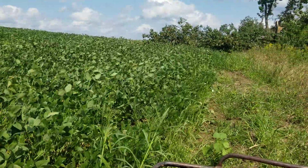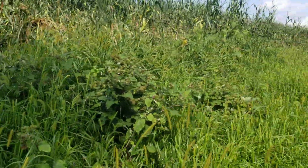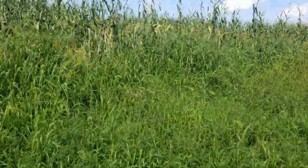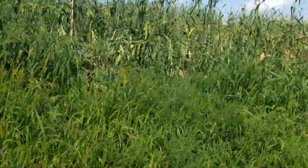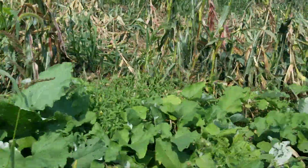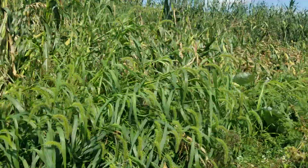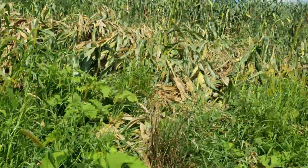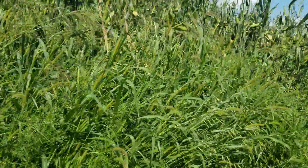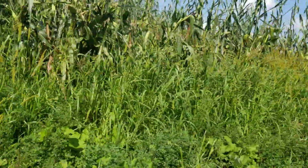I'm gonna shut you down here for a second. So yeah, we're back over where we were before, but like the corn, we talked about cutting it with the rotary cutter and chopping it, but it's been 2 weeks now. Corn's not really ready to chop anyway, not that you can let it dry, but it's rained a couple of times since then, pretty hard at times. We got another douser again last night. I don't know how much rain we got, but it came down pretty hard judging by the way the ridge roads look with